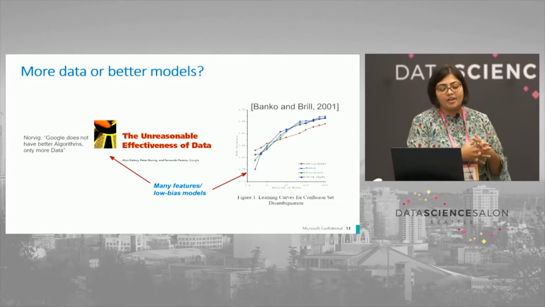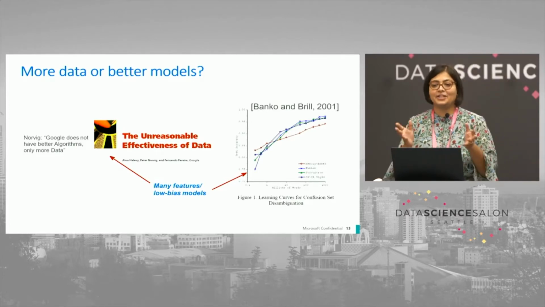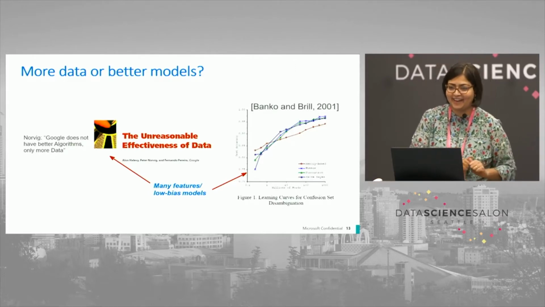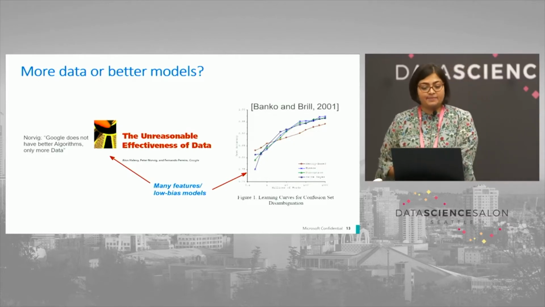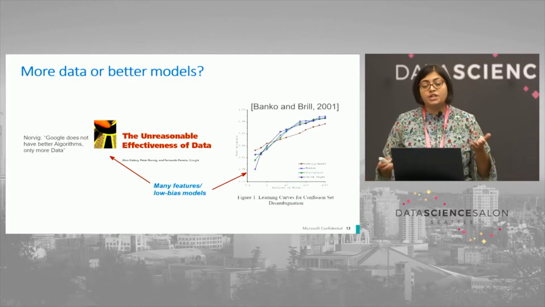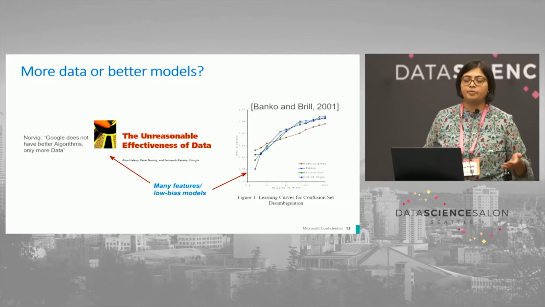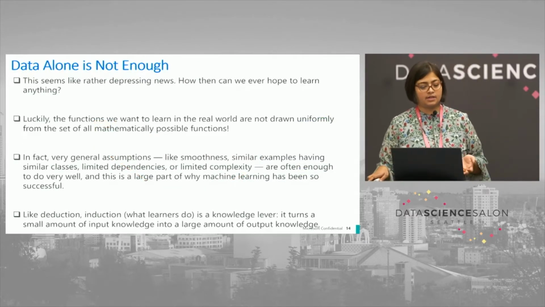So this is a book I recommend, The Unreasonable Effectiveness of Data. This is written by Google authors, and they talk about how Google does not have the better algorithms, only more data, right? And they actually acknowledge that. But does that mean that more data is always better? Not always. I mean, more data is definitely helpful, but especially in applied research, where the type of problems that I was talking about, it's not possible to get data, and data alone is not enough.